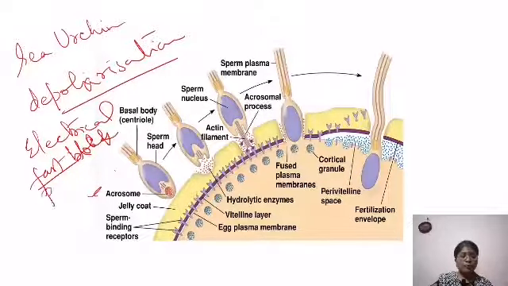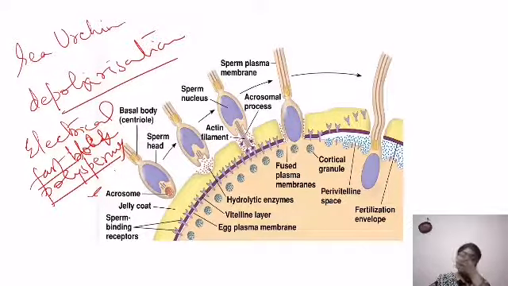Because in the ocean there is mostly external fertilization and other species' sperms are also there, to not allow them to fuse, first they do depolarization, that is fast block polyspermy, and then